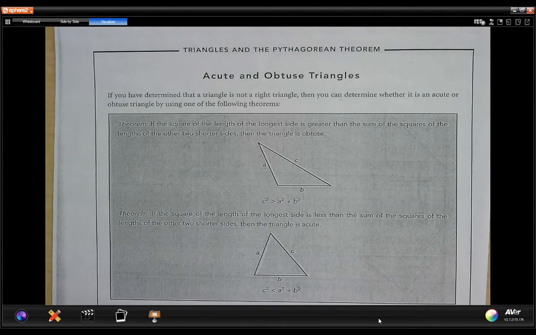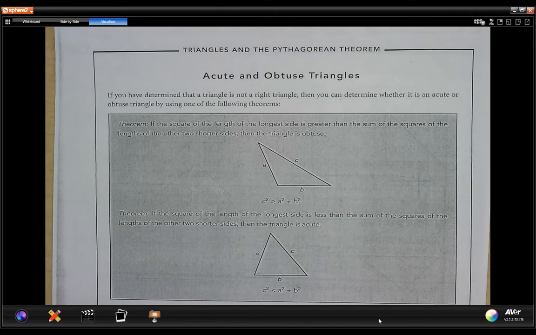All right, guys, today we're going to be using Pythagorean theorem to help us with yet another task. And again, you're going to figure out by the time this is all said and done that Pythagorean theorem, again, I'm a big fan, and it's because you can use it for so many different things. But here we're going to see how you can use Pythagorean theorem to determine whether a triangle is in fact